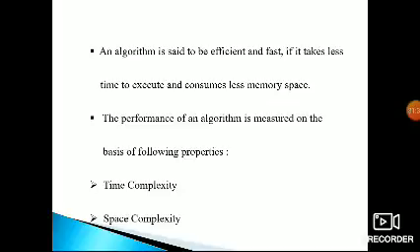If you don't think, and give a number of inputs, the time will be wasted and the memory also will be wasted. To reduce that, we use algorithms. The performance of an algorithm is measured on the basis of time complexity and space complexity. Based on the complexities, the algorithms can be run.